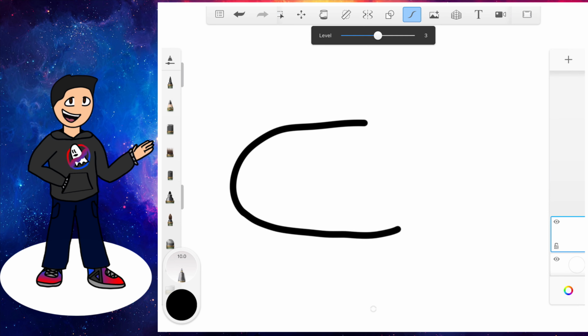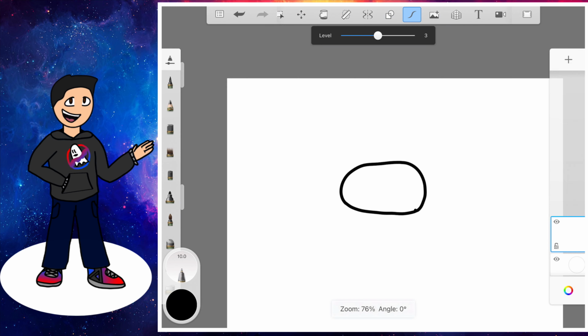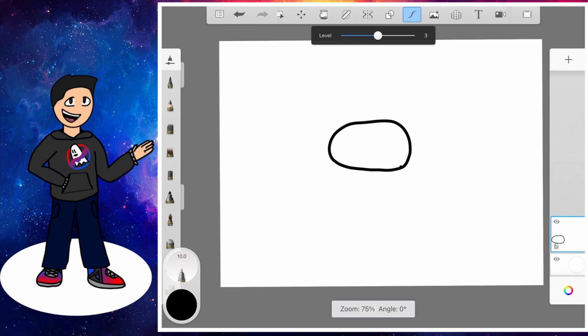Okay, now we can draw the end of the visor right here, just like this. So your shape should be somewhat like this. It doesn't matter if it's a little big or a little small. I mean, in some of the pictures it looks like this, so that's what I'm going for.